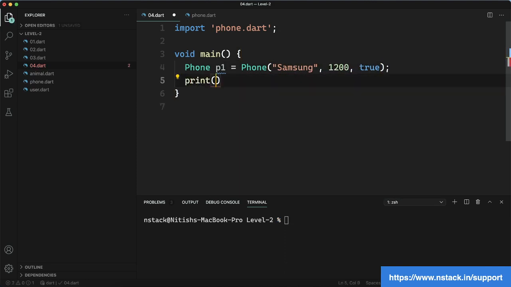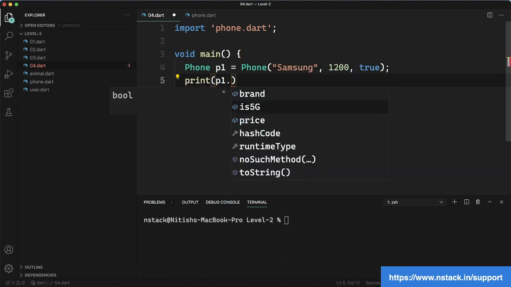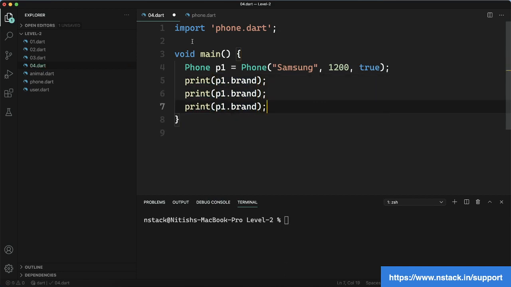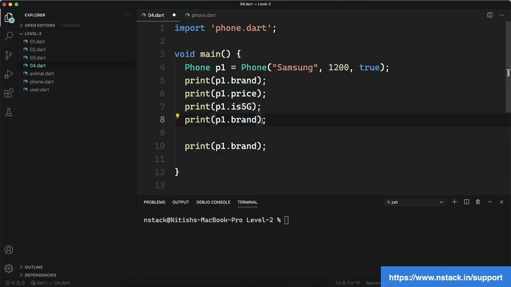If I want to come here and say print p1.brand, we can print it. If we say p1.price, we can do this easily. If I say is5G, we are doing the same thing. Suppose I want to change the value before printing again. How can we do that?